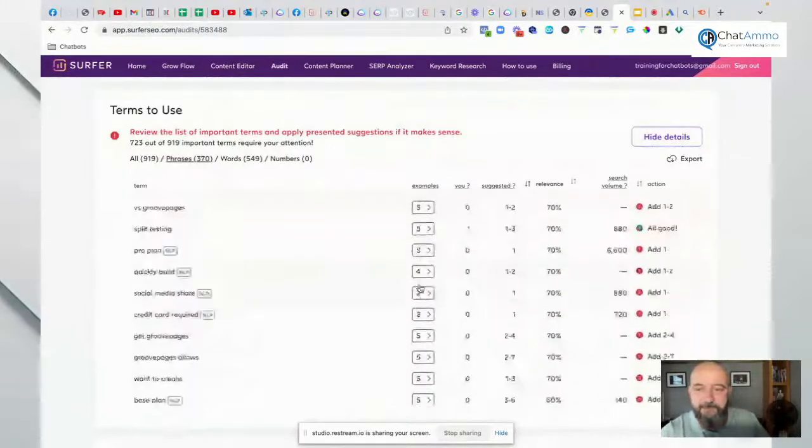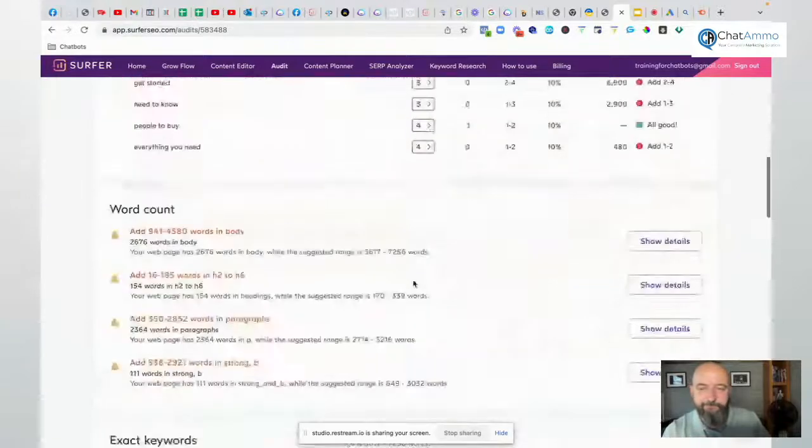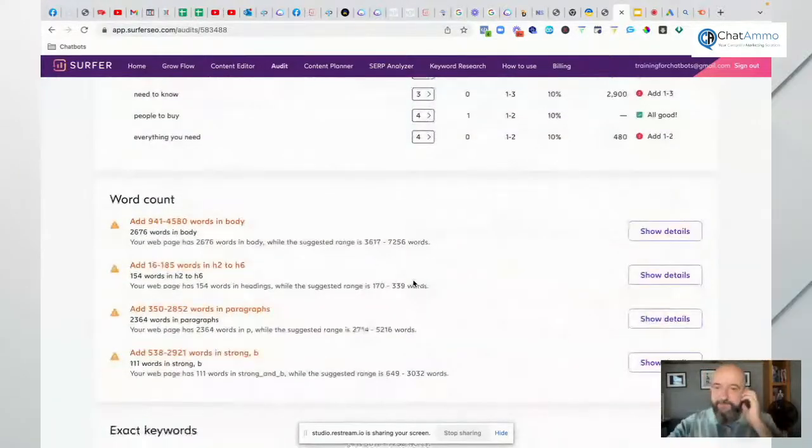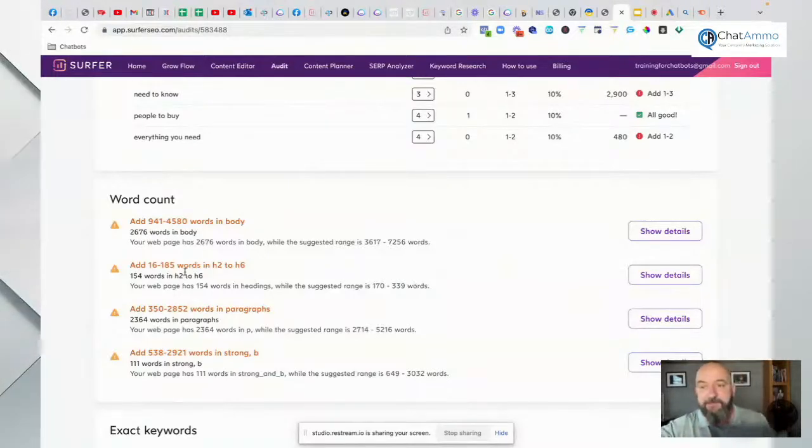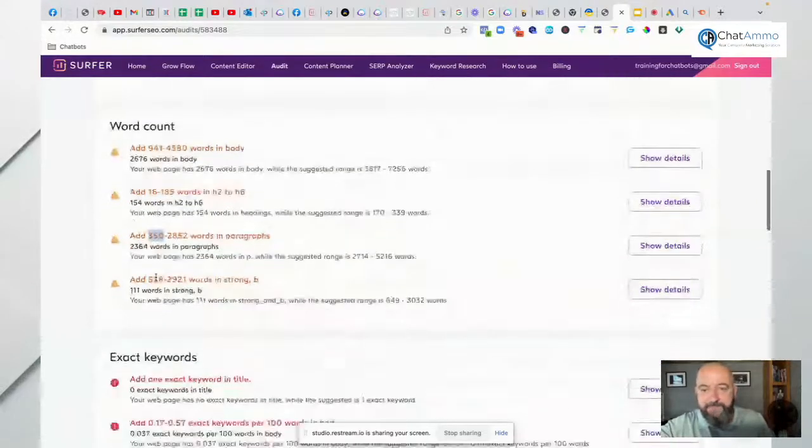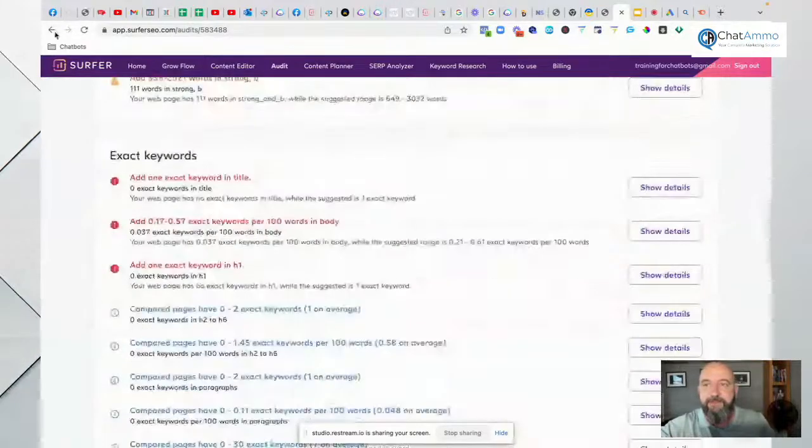It just doesn't work. And this is how come I can get an awful lot of my stuff out there an awful lot cheaper. My ads are an awful lot cheaper. My SEOs are showing up and they're not costing us any money at all because we've already gone out and done it. Now, this one here, I could go in and I could add another 914 words. I could add another 16 words in H2. Add another 350 words in the paragraphs. And it tells us everything I've got to do. So it's really quite cool.